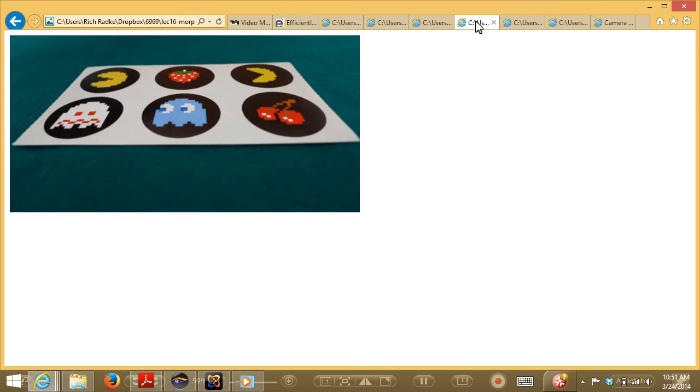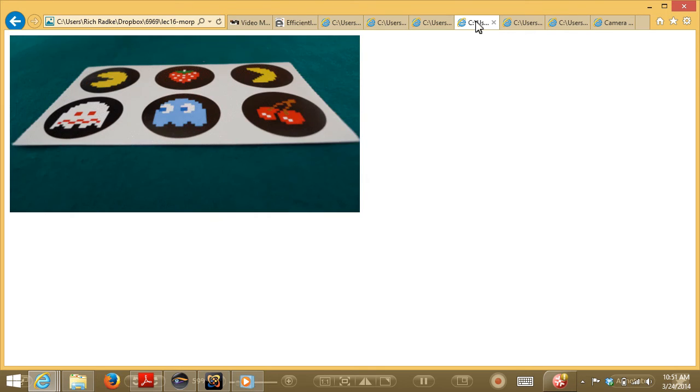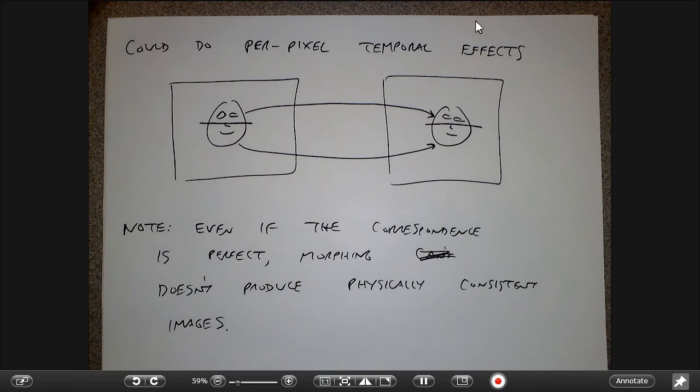And the reason for that is that there is nothing in my cross-dissolve equation that tells me that the morph corresponds to what you'd get if I moved the camera and looked at the image again, right? So morphing is an entirely 2D process, right? It's just pushing image pixels around. Whereas to really understand how to make a new view of something, I have to think about how would these pixels look if I physically moved the camera and took another picture of it, right? And so